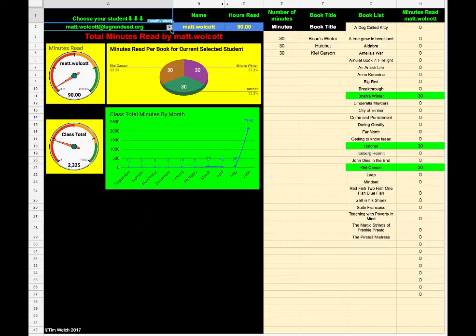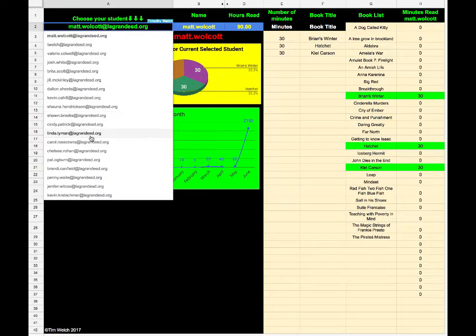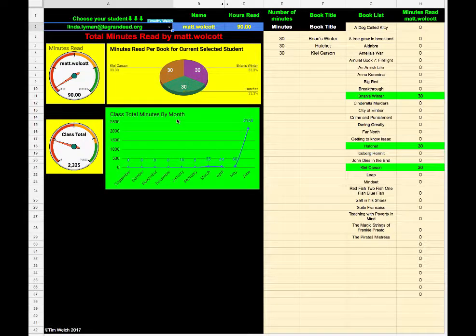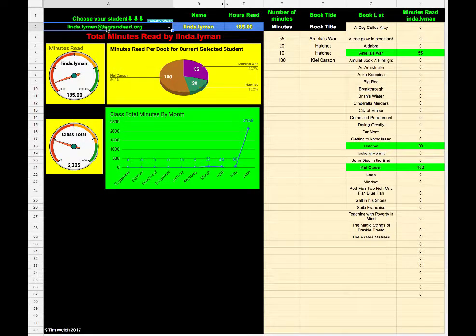Once I have collected data from my students, all my students would show up in the list of students, and I would choose a different student, and the graphs would all redraw. They're related to the student, and you would see what books they're reading. So here's an example of this particular book where this person has read Hatchet twice for two different periods, but